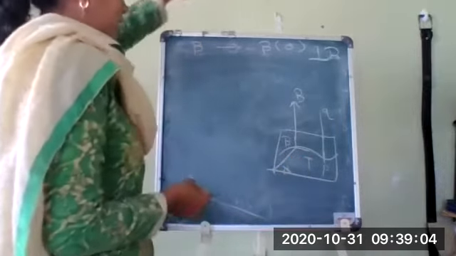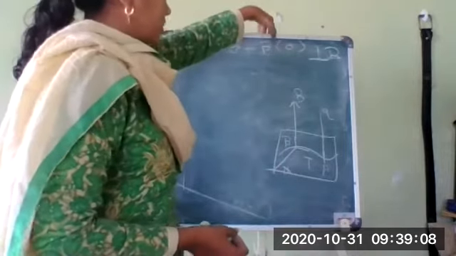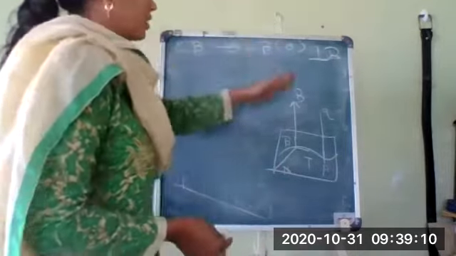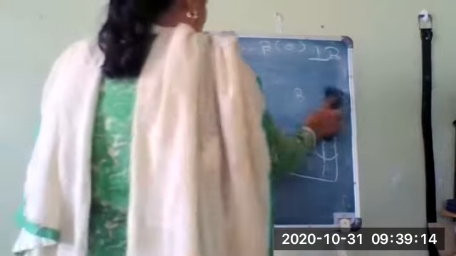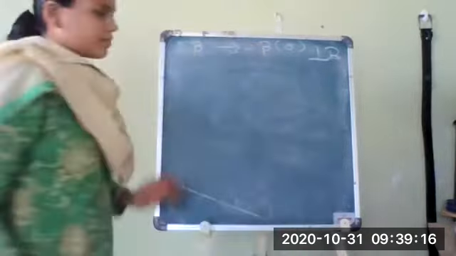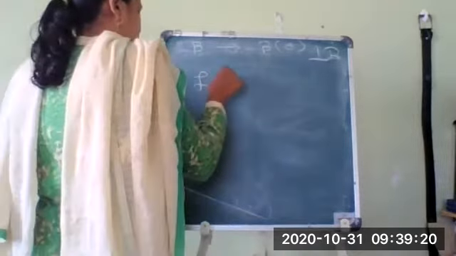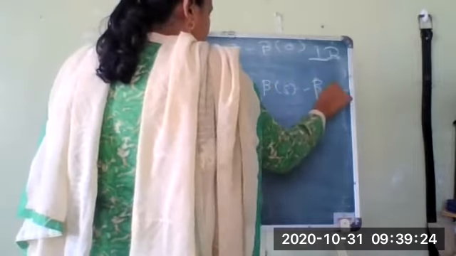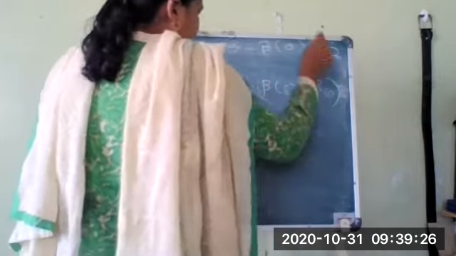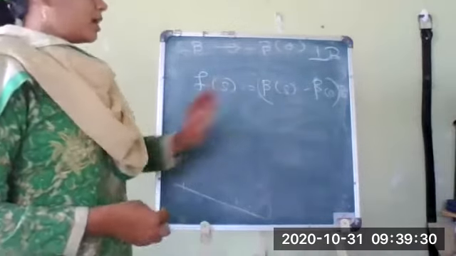So what we have to obtain in the second part, we have to show that beta is a plane curve which passes through beta of 0 and it is perpendicular to the vector B. To show this, we will construct our function f in such a way that f of s is equal to (beta of s minus beta of 0) dot b. So we construct our function so that we can reach our result.